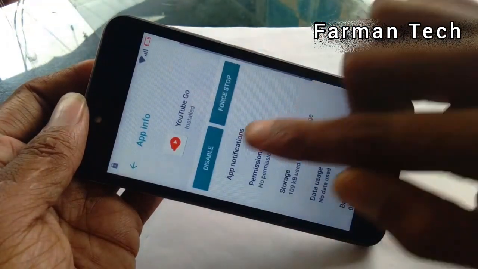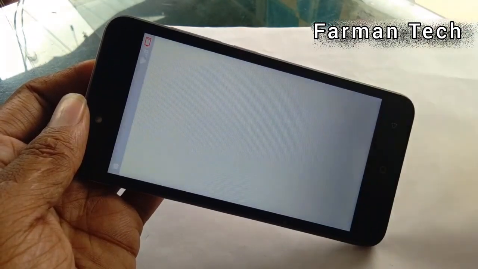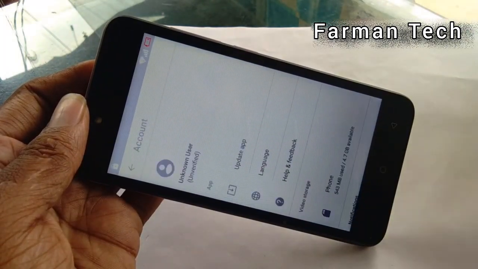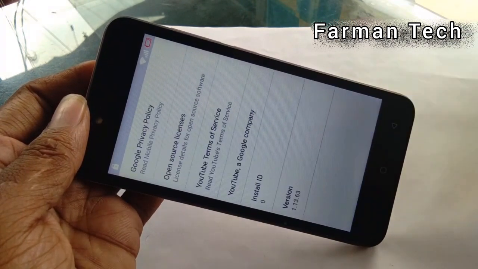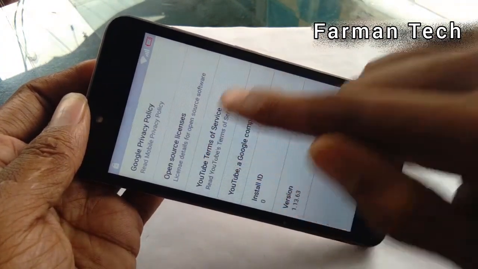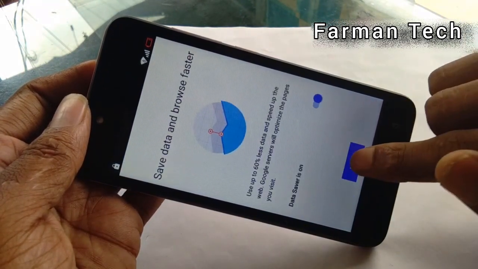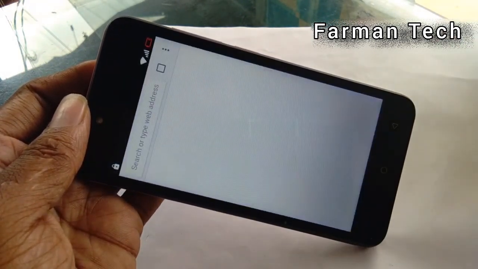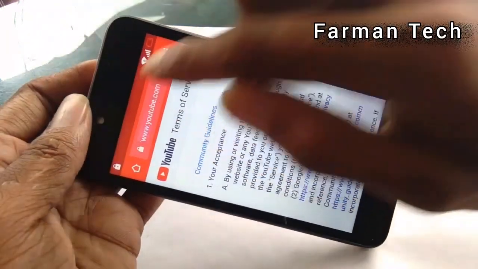After, you have to click app notification and scroll down additional settings. After, you have to click last in about and click YouTube terms of service. You can see here YouTube. When you click on YouTube terms, Chrome browser automatically opens. You can see here Chrome browser is open now, and then you have to search